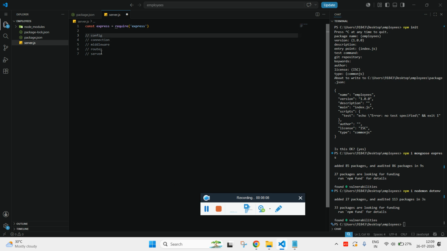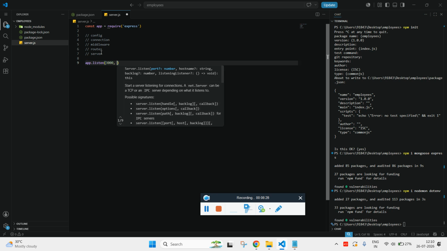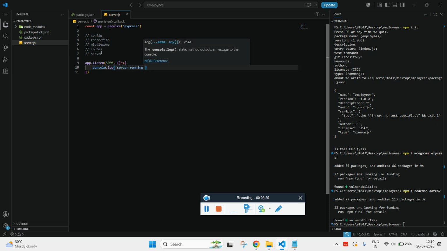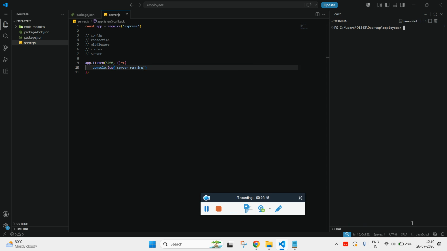So now what we need to create, we have created the instance of express. Now again we need to create another instance called app, we'll name it as app itself. Now we can use this instance to create a server. Listen, and we need to pass the port. I'm going to name it as 3000, and when the server is active, I want a message on the console saying console.log server running. Now to run this file, let me just clear this, we simply have to type node and the entry point. If you click enter,